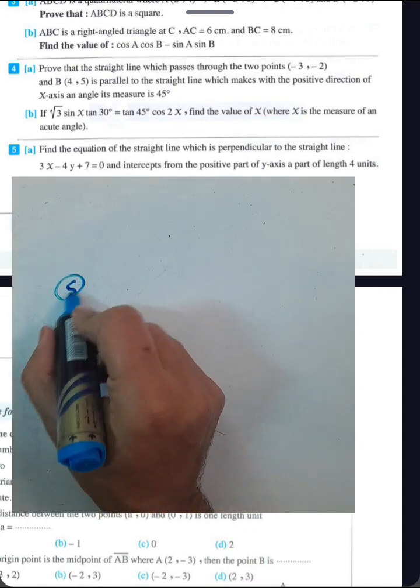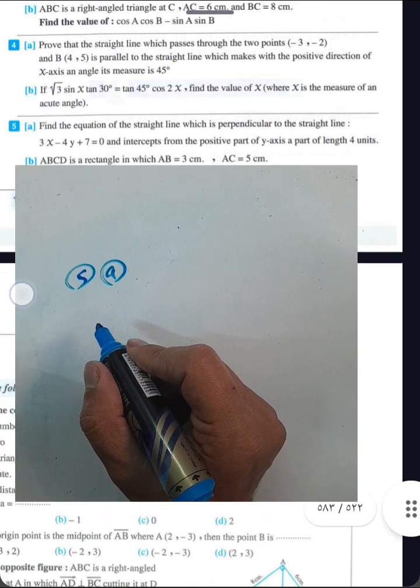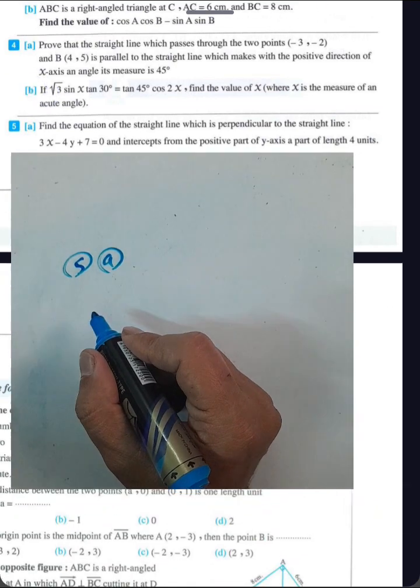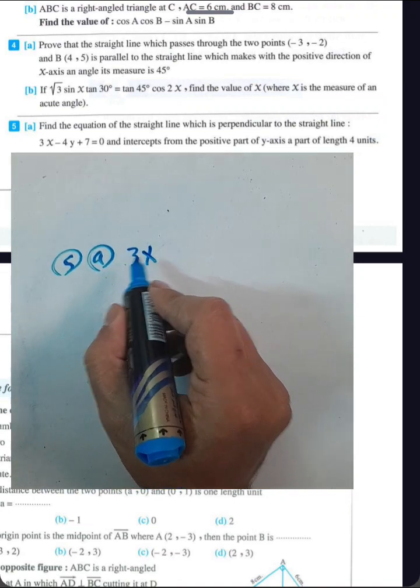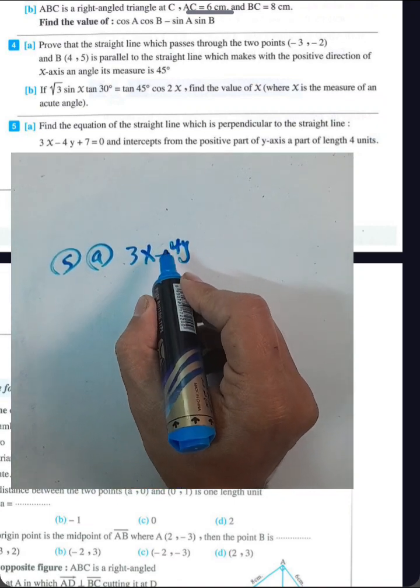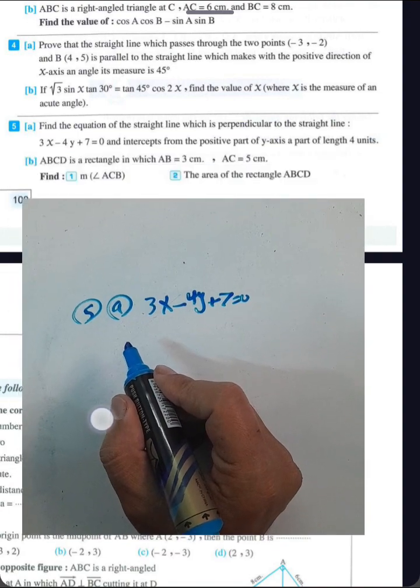Question 5, letter E. Find the equation of straight line which is perpendicular to straight line 3x minus 4y plus 7z equals 0. Okay, I saw this example. Next question,